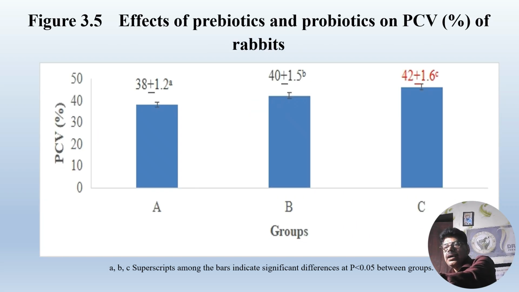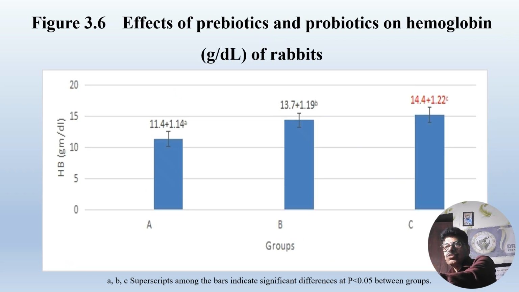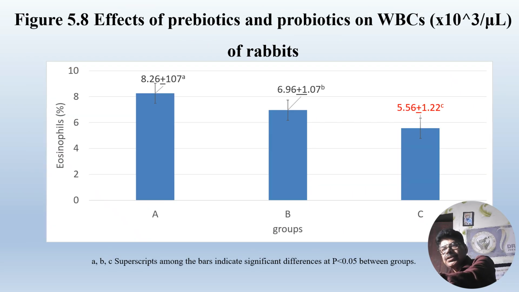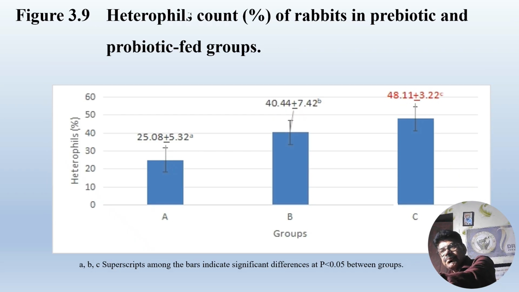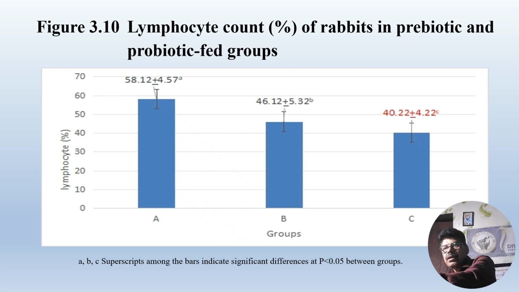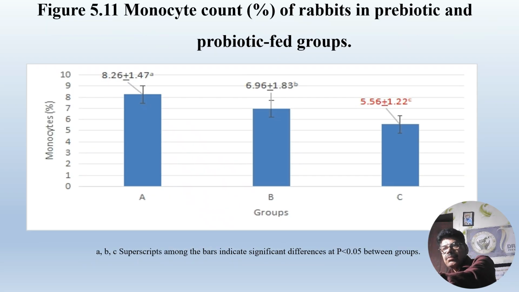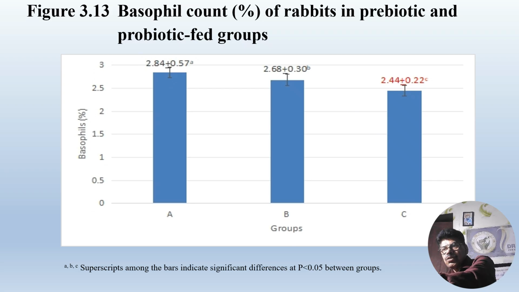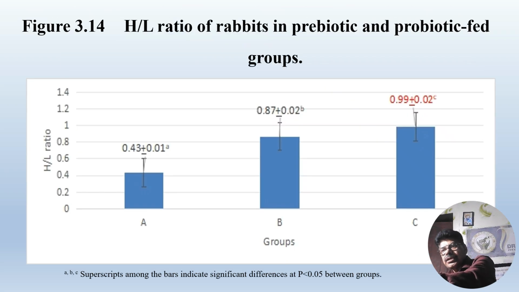The PCV was higher as compared to A and B, whereas the hemoglobin was higher in group C as compared to groups A and B, whereas the RBC was higher in group C as compared to groups A and B. The WBC was lower in group C as compared to A and B, whereas the heterophils were higher in group C. The lymphocytes were lower in group C, monocytes were lower in group C, eosinophils were lower in group C, the basophil count was lower in group C, and the H/L ratio was higher in group C,